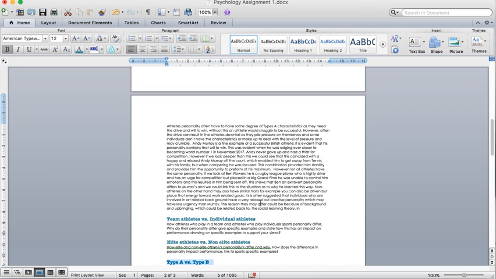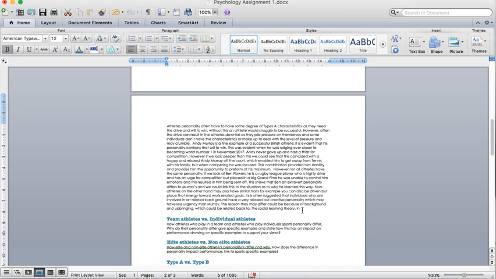So if someone's really driven and they're really competitive, but in a work environment, not in a sports environment, it's often suggested that individuals who are involved in art related backgrounds have a more relaxed but creative personality, which may have less urgency than someone like Murray. The reason they may differ could be because of their background or their upbringing, which could relate back to the